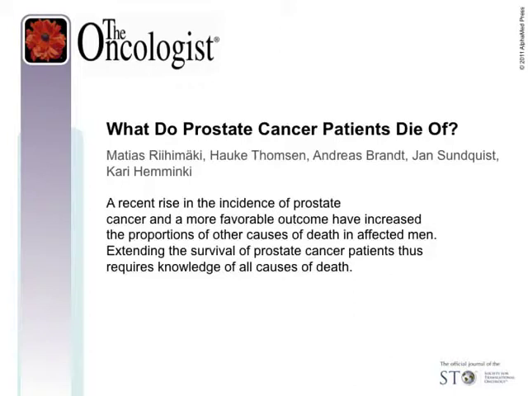Introduction. Approximately half of the men who receive a diagnosis of prostate cancer, PC, die from PC itself. This proportion can be expected to decrease considering the recent increase in the incidence of PC and the fact that mortality from PC has stabilized or even started to decline. More efficient treatment and an earlier diagnosis resulting from the introduction of prostate-specific antigen tests are thought to explain these epidemiologic changes. As a consequence, fewer patients are dying from PC, whereas other conditions are playing a greater role. Improvements in survival of PC patients will increasingly require consideration of comorbidities.